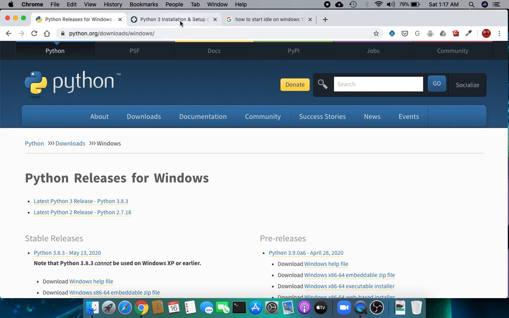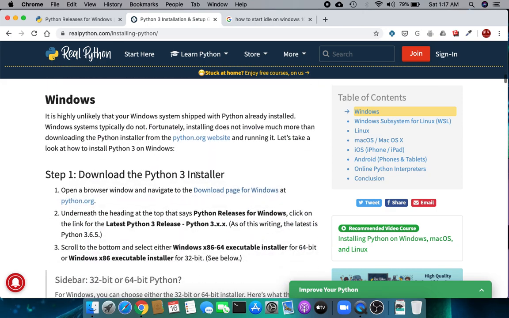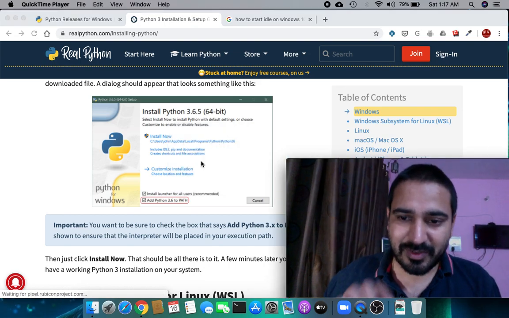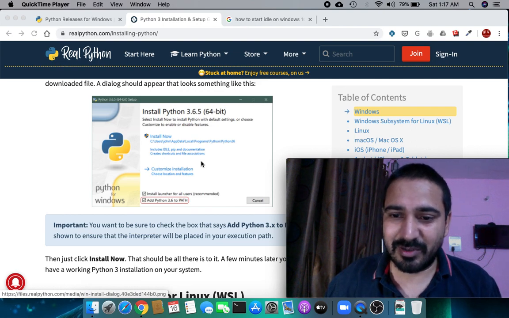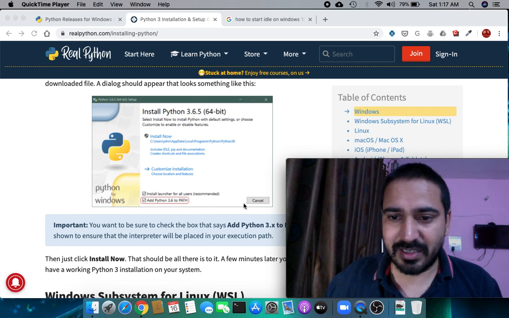You also need to know how to install it. For installation, you just do the simple stuff: click next, click next. Previously you have installed various games and software, so in the same fashion, you just click next, next, next, and done.